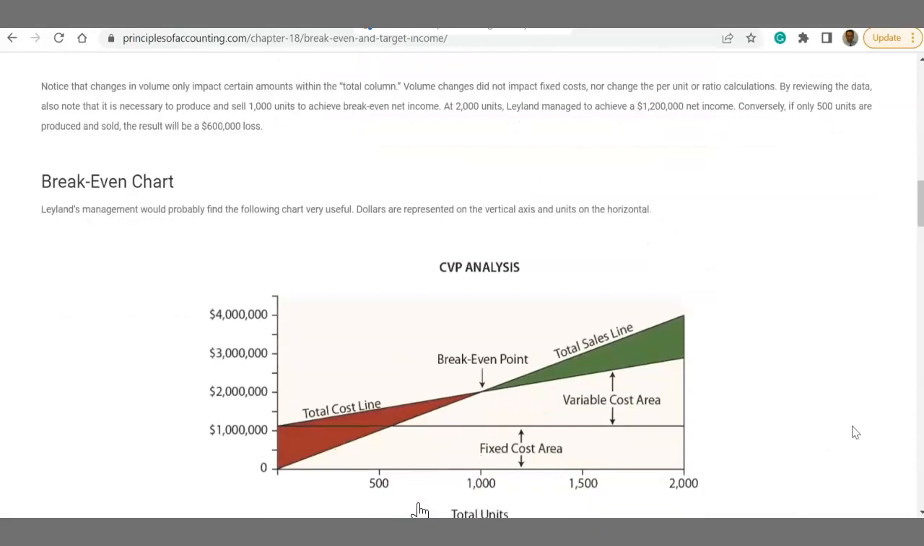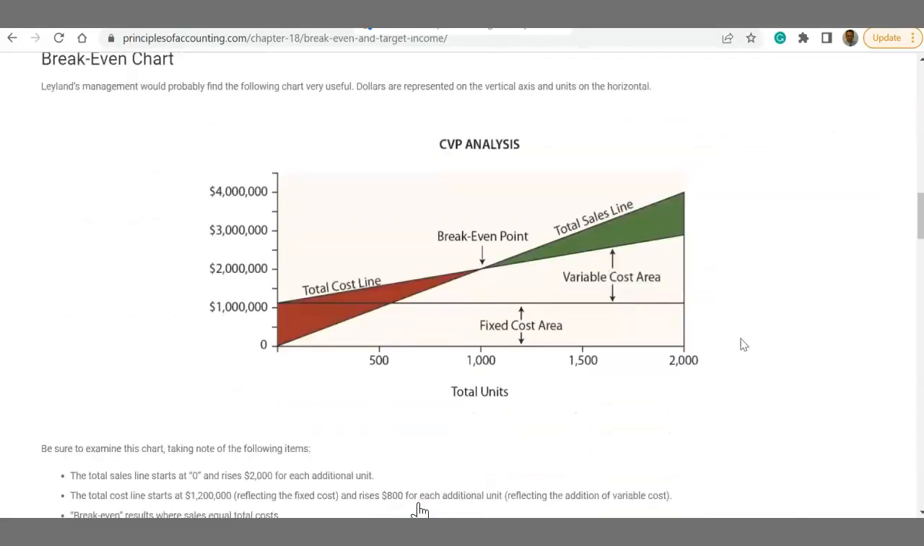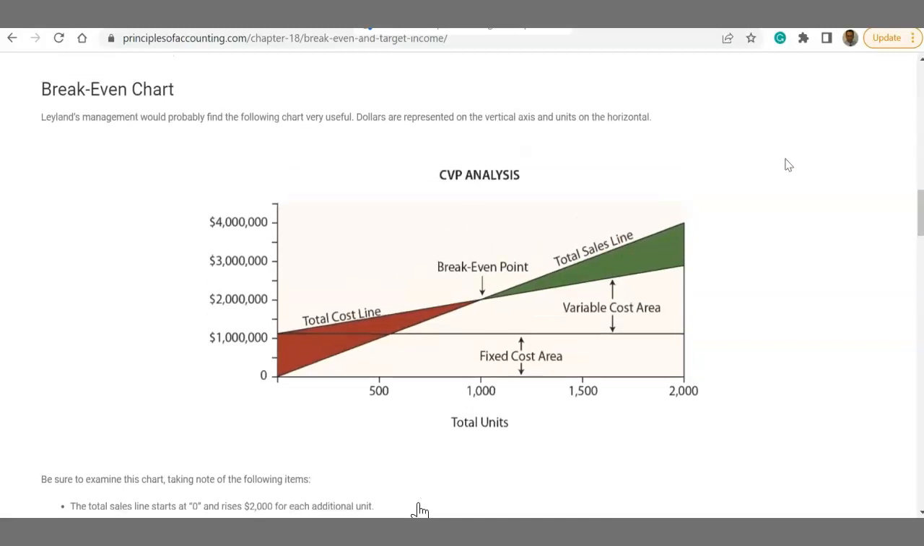Okay, now what is break-even point? Break-even point is the point that you make no income. You just break even, but there is no income. So this is your